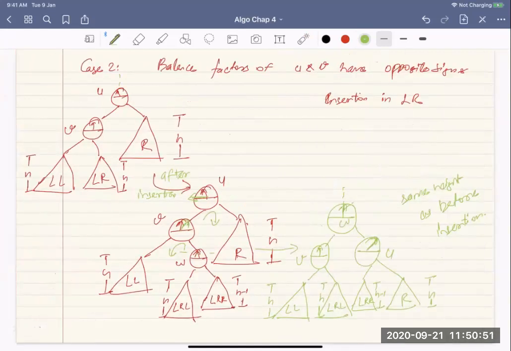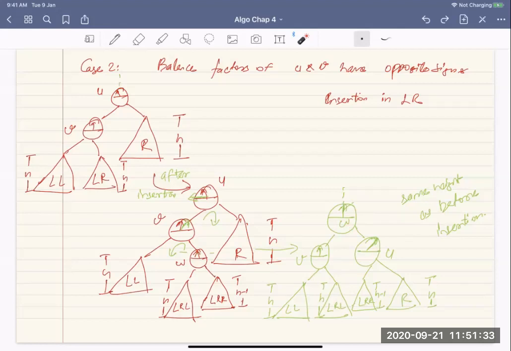What we did, we said you have to do an insertion in LR, and we can do it either in the left or right. So here we did an insertion in the left. What happens if you do it in the right? You can see at the end, LRL will come here, LRR will come here. In this case, LRL will become H minus 1, LRR will become H. So it does not matter too much. We will have a minus 1 sign and a 0 sign, but W will have the same sign.